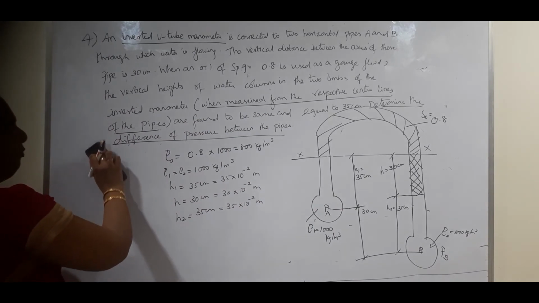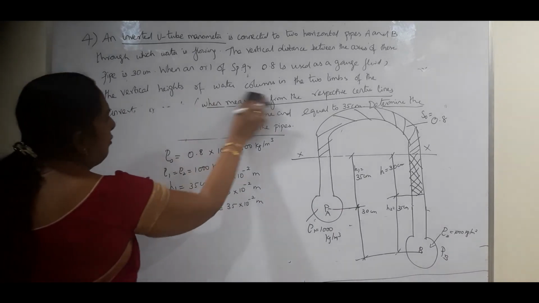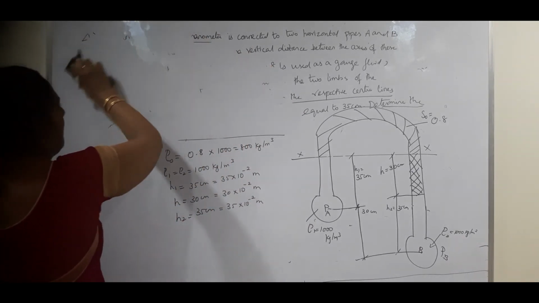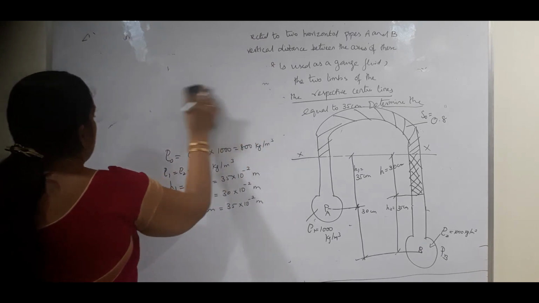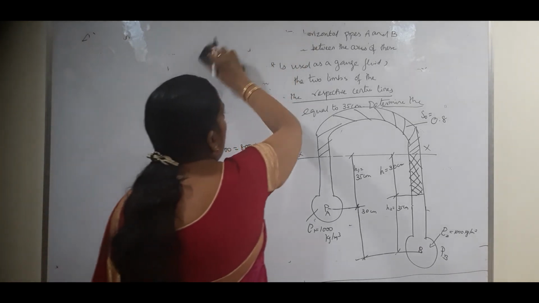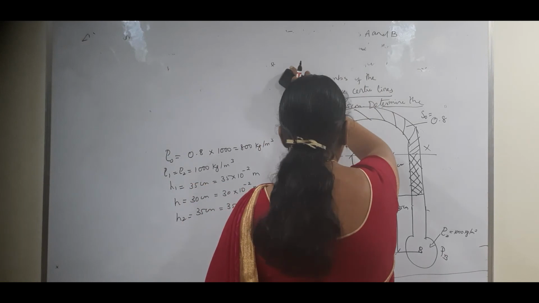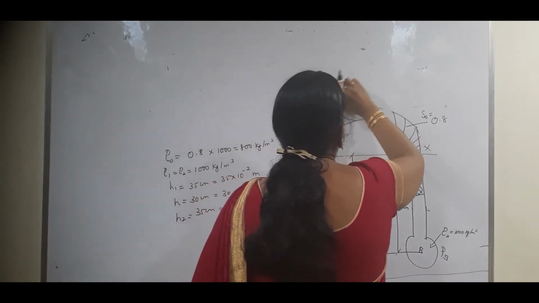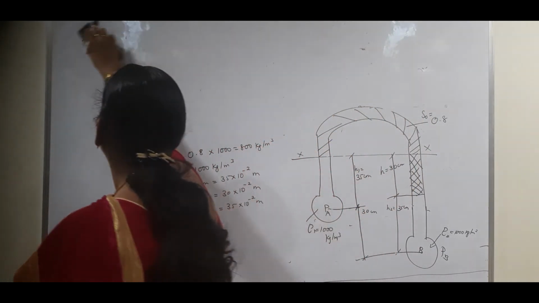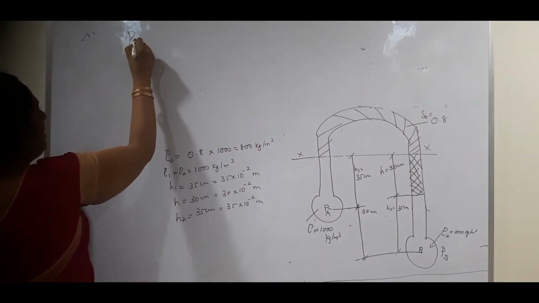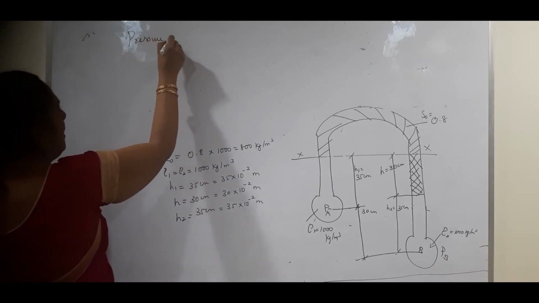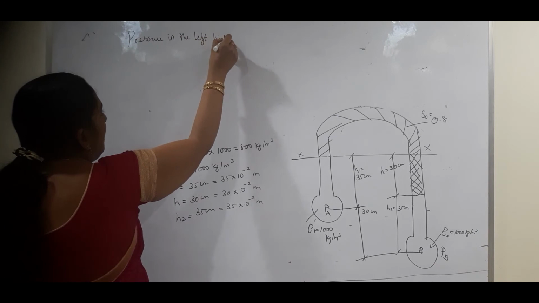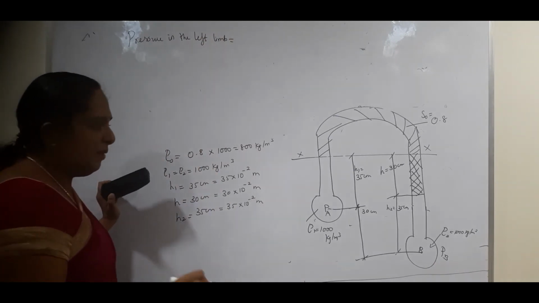So what we are going to do is find that out. All the details we have marked in the diagram, so I am going to find out what the equation is here. Is it clear? Okay. Now we are going to find out the pressure on the left limb. So what is the pressure on the left limb? This is the same way we always do it, but we have to think whether it is an inverted U-tube manometer or not. Other than that, everything is the same.